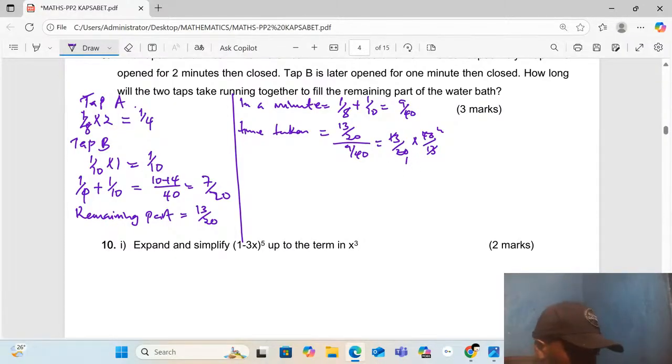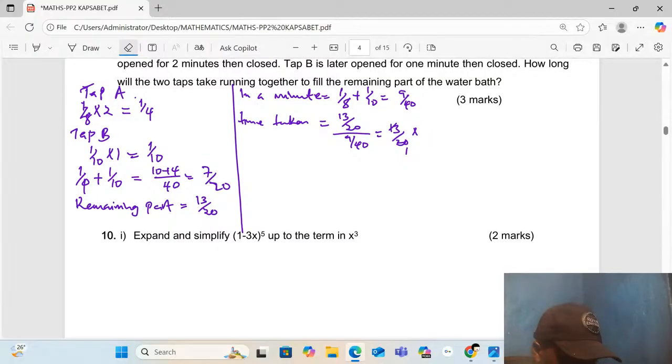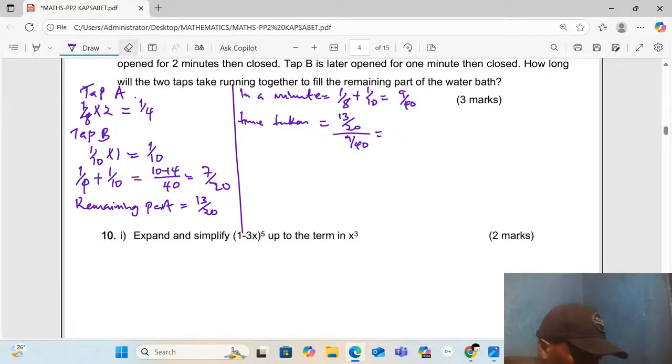Let's look at this. So we shall have 13 over 20. So we have 13 over 20 times now 40 over 9, the reciprocal. So that's here 1, here 2. So we have 26 over 9. So we shall have 2 8 over 9